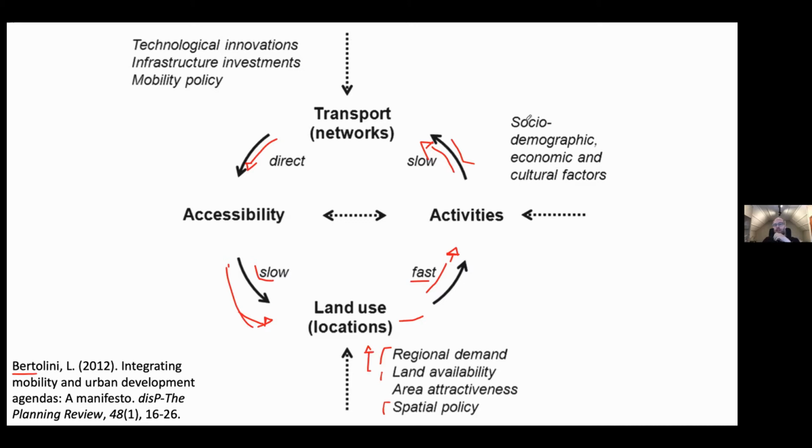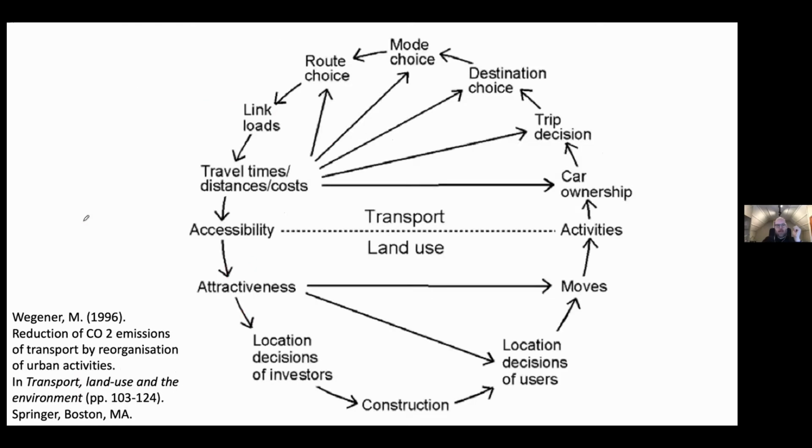how factors like socioeconomic, demographic and cultural aspects affect the patterns and the spatial and temporal availability of activities, and how technological innovations, infrastructure investments and mobility policies influence transportation networks. I'm going to come back to this later of what could go there. We had a great presentation last week from, I think it's Michael, I forgot the first name, Wegner, who visited U of T virtually,